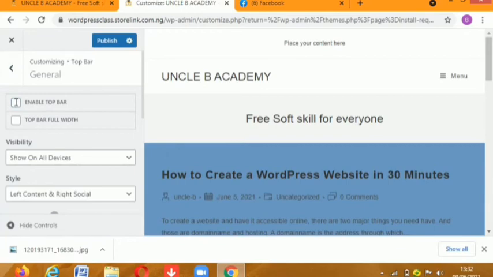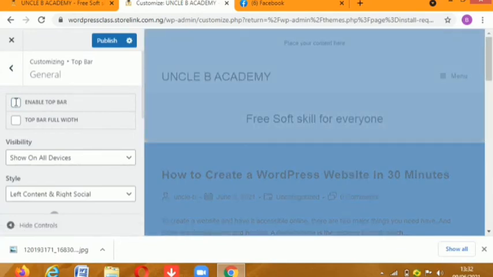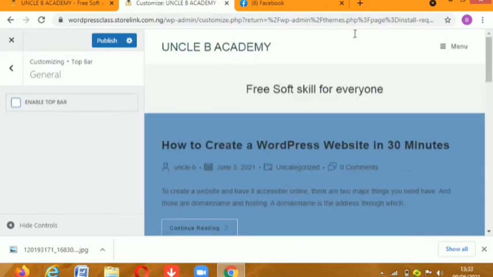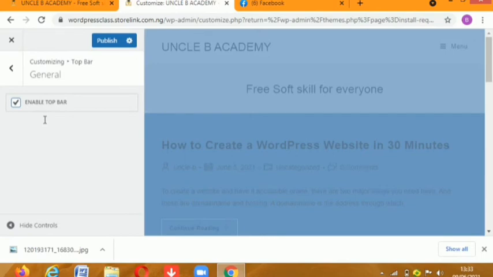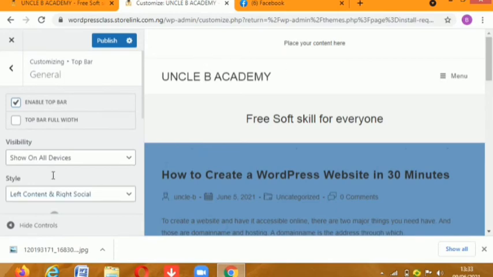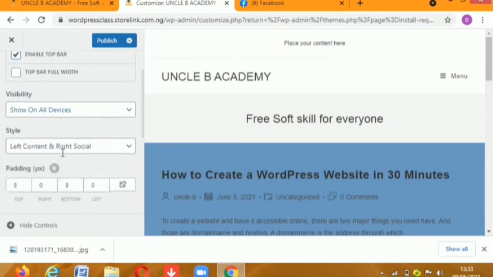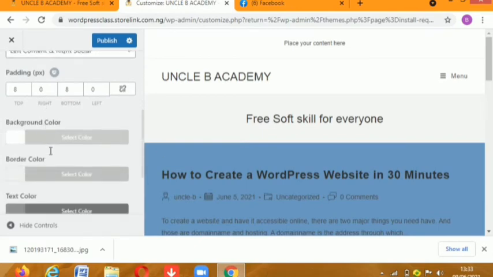So if I mark it out now, you discover that that upside will go off. That place where you say "place your content here," it will go off. So I think that would just be the best thing. But in some cases, some people would like to add, if you go to some website or some blog, you see like the email address, the phone number that you can use to contact them. So if you want to add things like that there, you can leave it on, and then